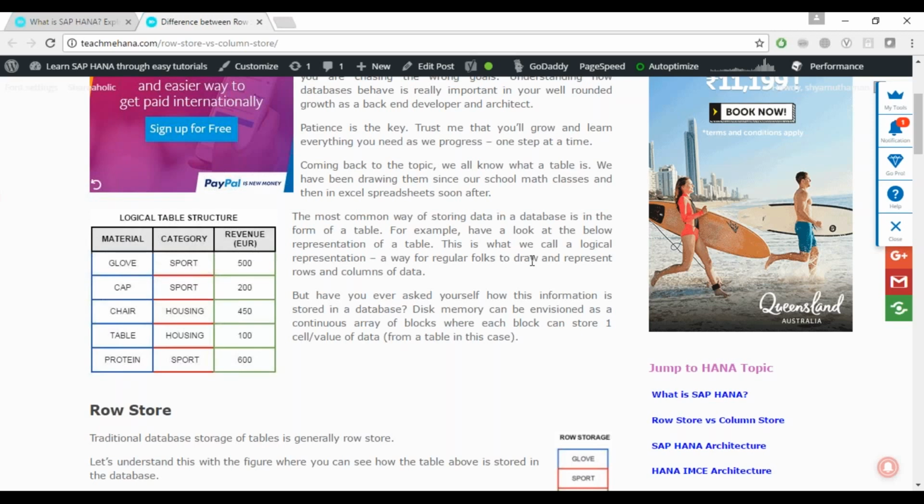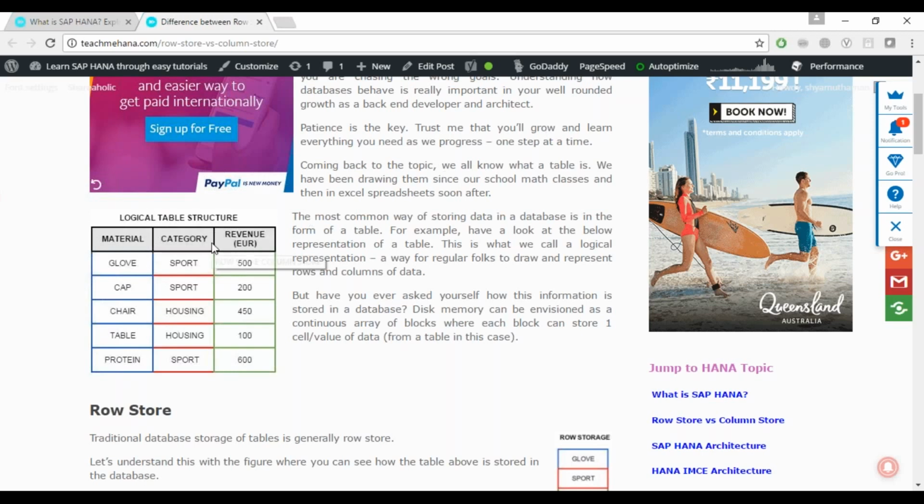Even when you're working with BW or any other database, you might have defined your table like this and entered data like this. But it's really important to understand the backend design. I'll emphasize this again and again, the word design. The moment you understand how things actually work in the backend, your development skills go through the roof. That is the actual beauty of being a HANA designer rather than a developer. That is the day you will become an architect.